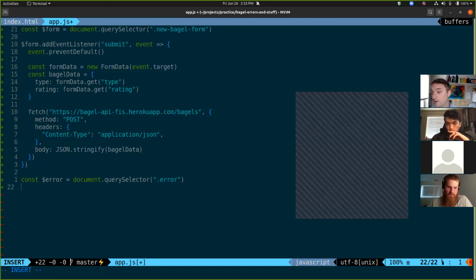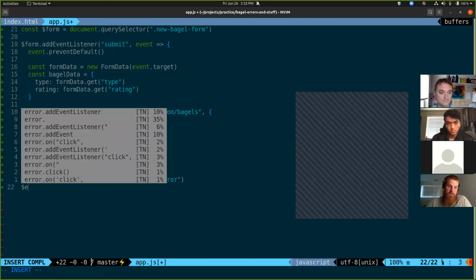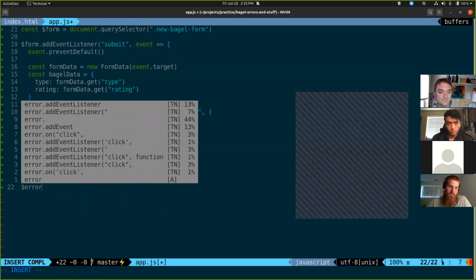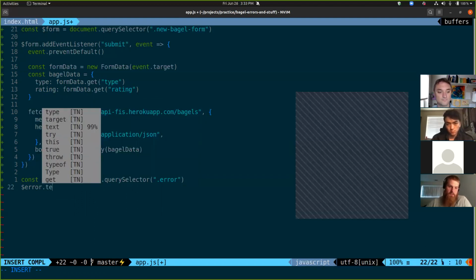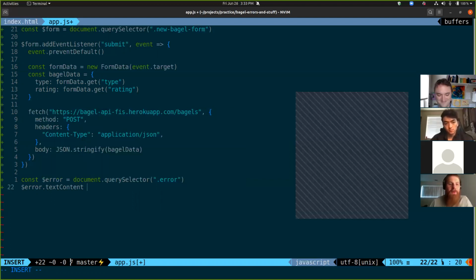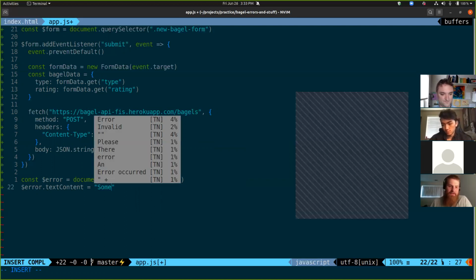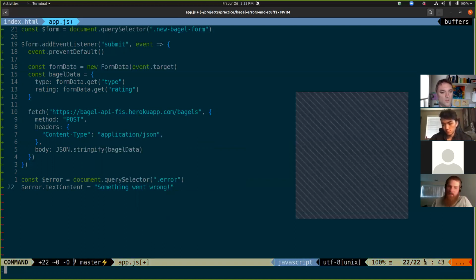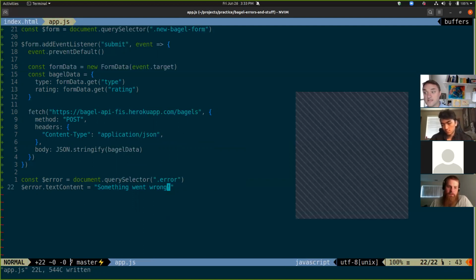Sure. But how do I do that? How do I make it say, hey, that didn't work? Oh yeah, that's kind of what I meant by append to the whatever. All right, okay. error.textContent. Yeah. Okay. That's the laziest error handling we could do. So where we do that,